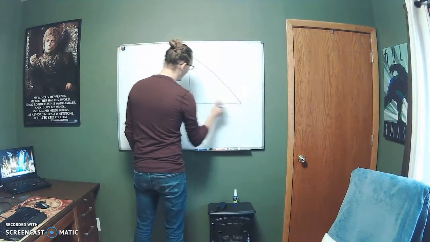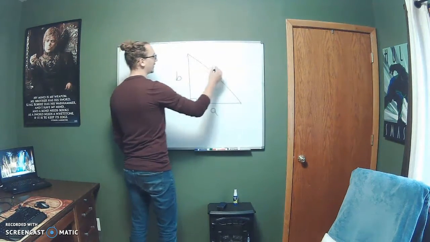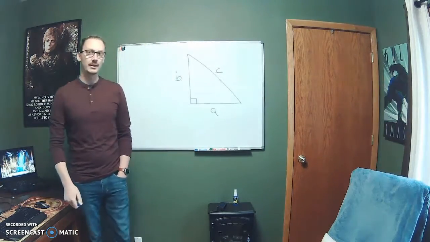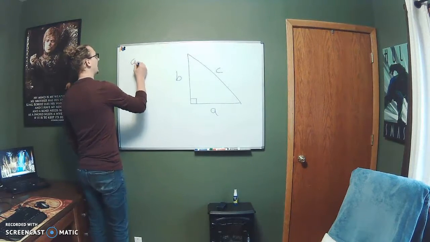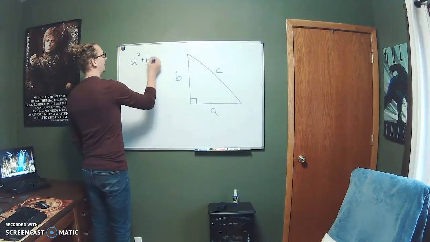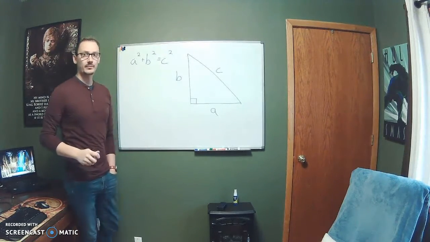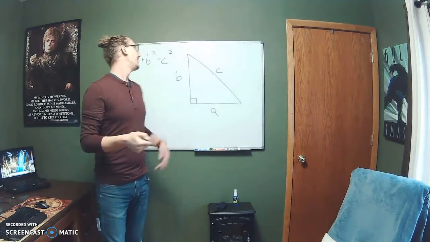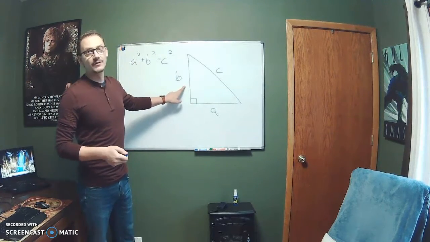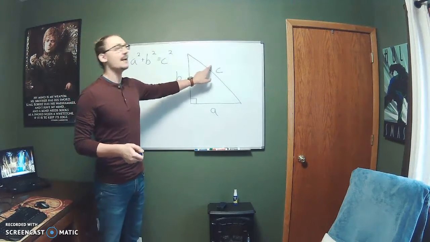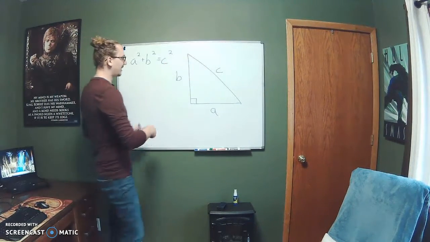So, the Pythagorean theorem states that if you have three sides of a right triangle, you can find the missing side using the equation a squared plus b squared equals c squared. It is essential that A and B are legs of the triangle and that C is the hypotenuse. So C will always be opposite